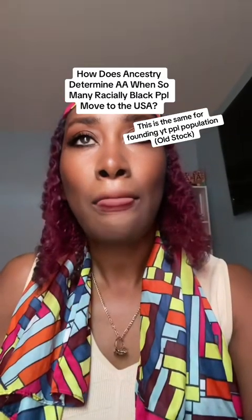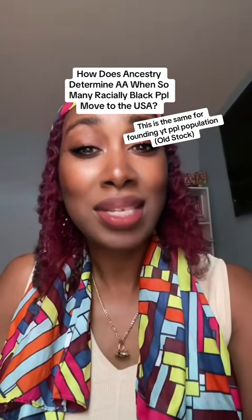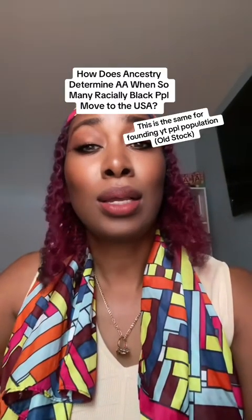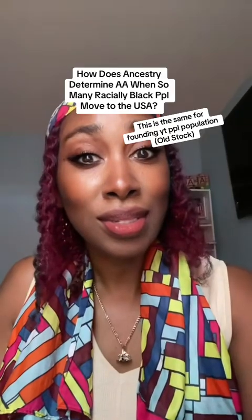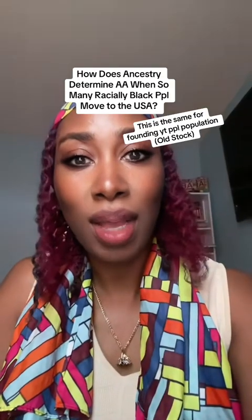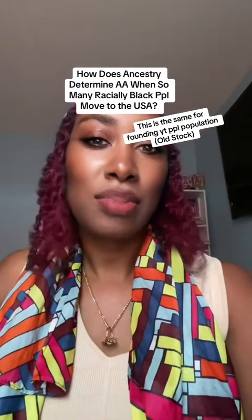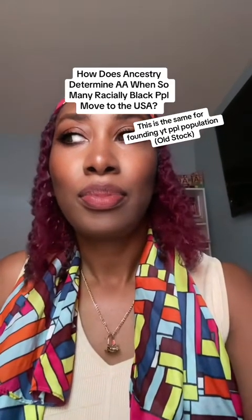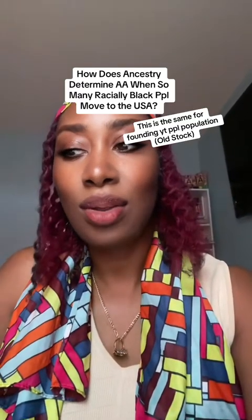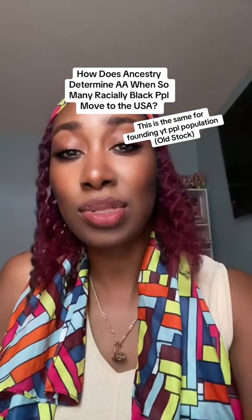Ethnic groups are set in after, I believe they said, the sixth generation. And African Americans go back about 12 generations here in the United States of America. So our ethnic group was set in double, triple time over. So just because racially black people are coming over, that doesn't lie. Not only do I have ancestry records that go all the way back to the 1700s,